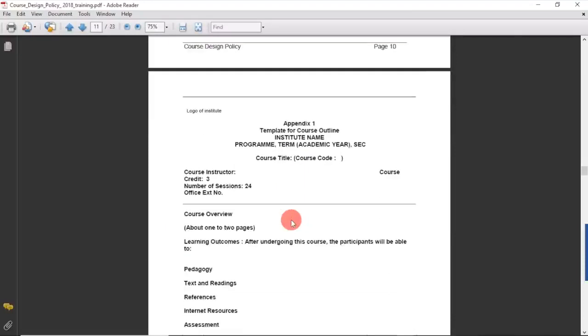Whenever you are going to develop a course, the outline is a contract between a teacher and the student of how you are going to deliver the course to the students. It is not that one fine day we get up and go into the class and deliver anything. Nowadays, teaching has become very scientific, and the student is interested in knowing what you are going to cover in the first class, what you are going to cover in the second class, and what you are going to cover in the last session, right?